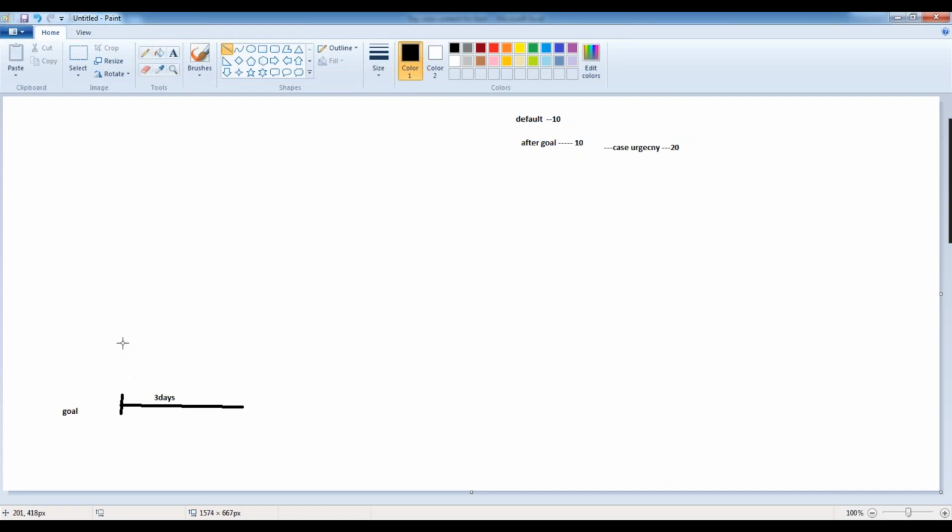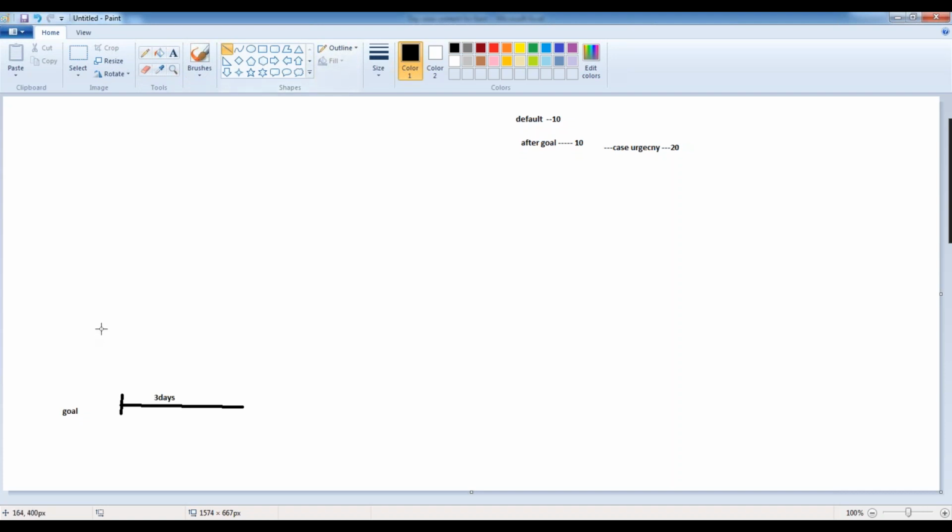Now we have one more concept called deadline. If I say I am giving 4 days for the deadline, I am saying you need to complete within 3 days. That is the goal time. But if for any technical reason you are not able to complete in 3 days, I want to give a deadline of 4 days. When I say a deadline of 4 days, it doesn't mean I am giving an extra 4 days after the goal time. The deadline time always includes the goal time.